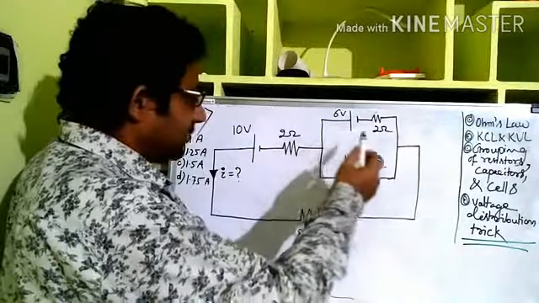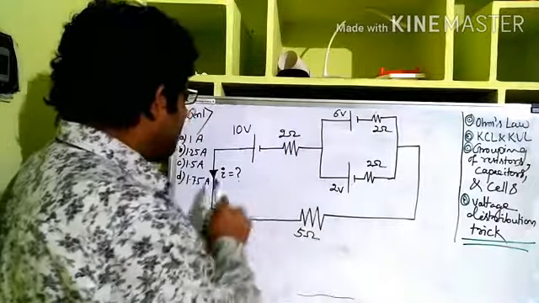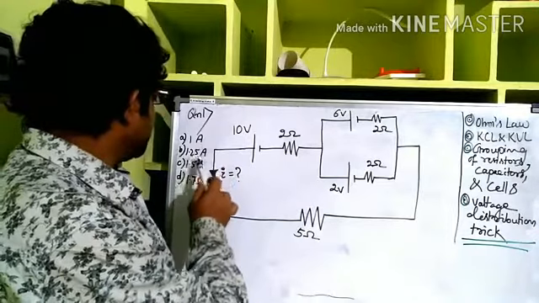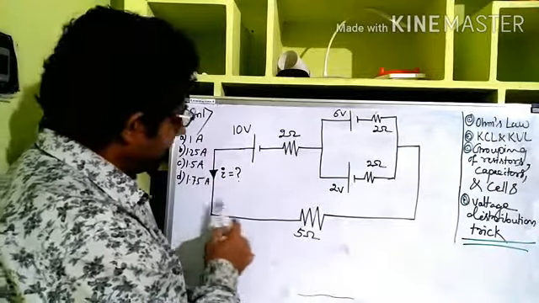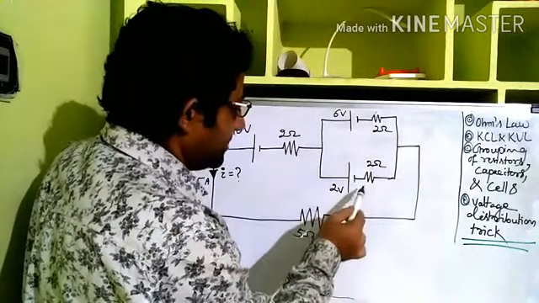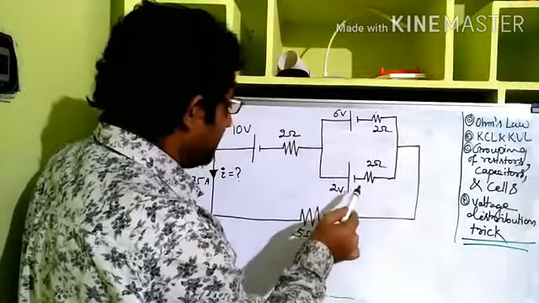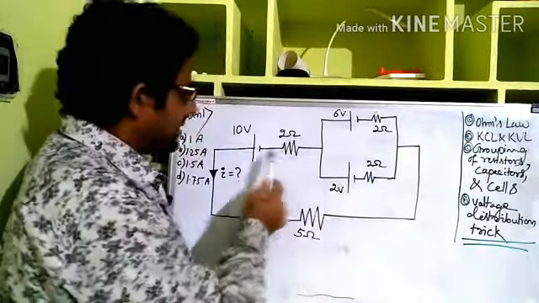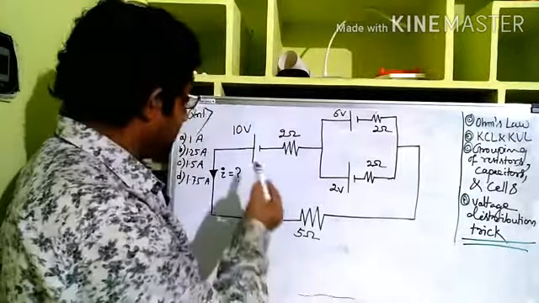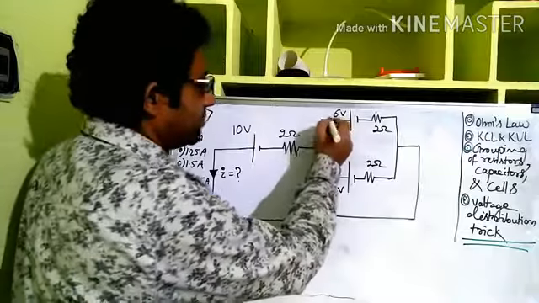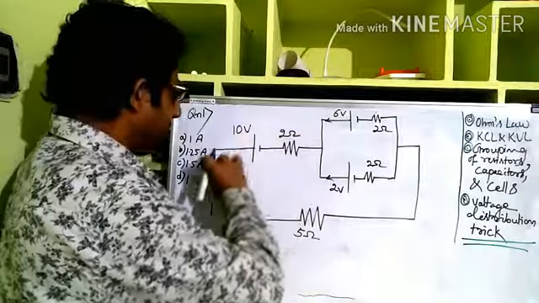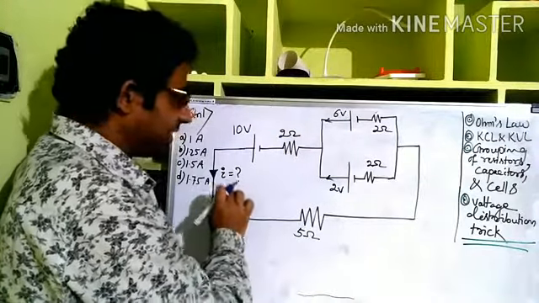In this particular problem, there are 4 options given in the question: 1 ampere, 1.25 ampere, 1.5 ampere, 1.75 ampere. This network is given. Here you can clearly see that these 2 cells are connected in parallel, and the combination of that is in series with this cell, and that is also connected with a 5 ohm resistor, and some current will be flowing here. Here also some current will come, and these 2 currents will add up and flow like this. So what is the current in the circuit?